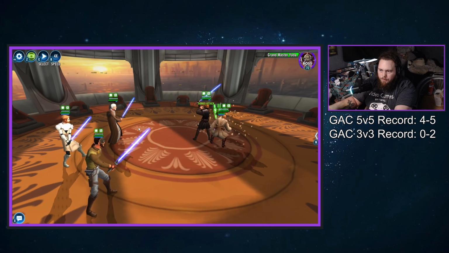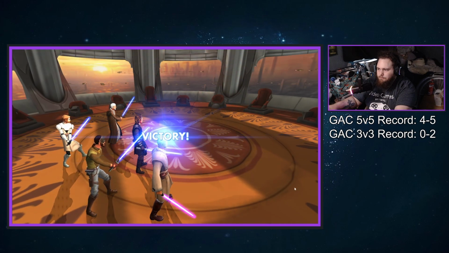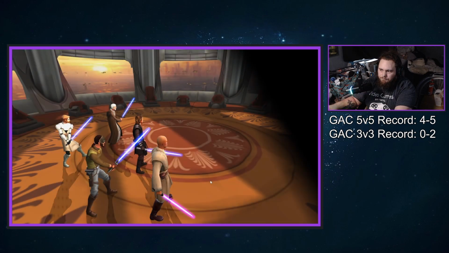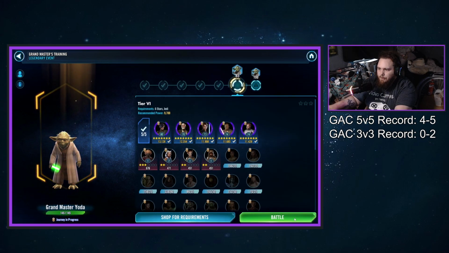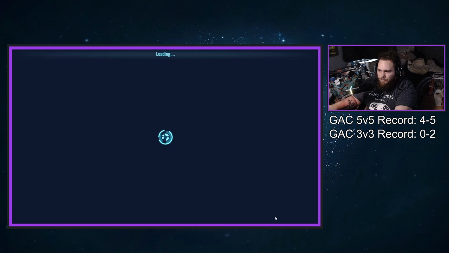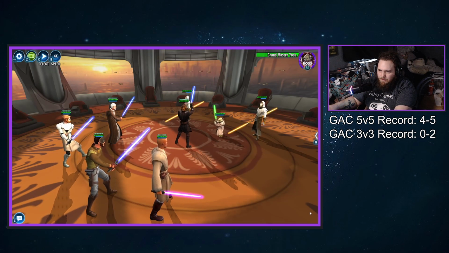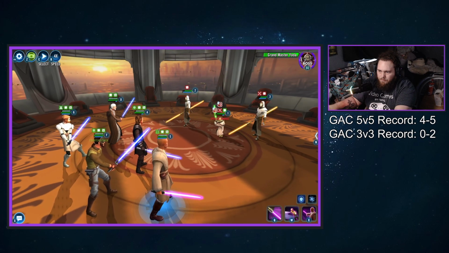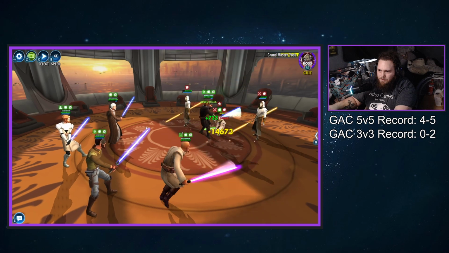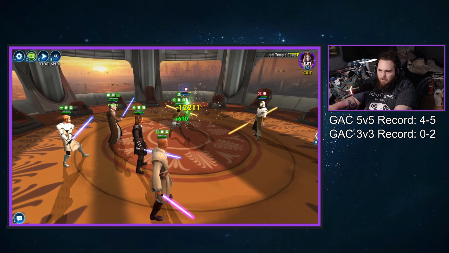Wish that would work. And kill. Alright, here we are on tier 6. I think this is where Yoda gets extra Jedi. Yep. Let's go. Wham bam, thank you ma'am. Let's get the extra attack in. Let's see if we can... Yeah, we definitely...